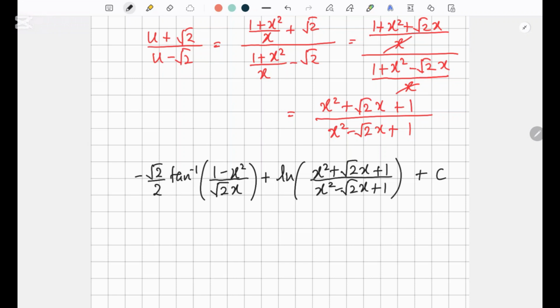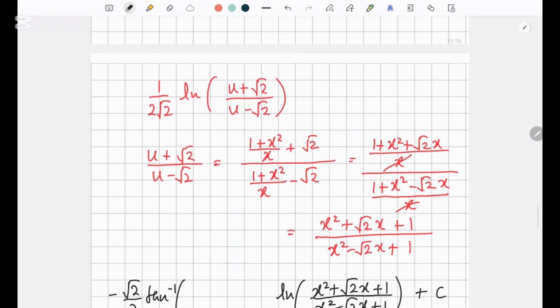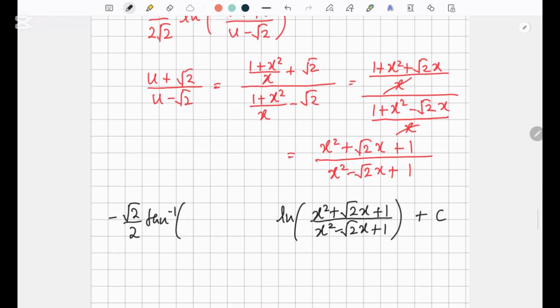Oh, hold on a minute. I think I forgot to write the constant in front of ln. So tan inverse, put it again, (1 minus x squared) over root 2x plus 1 over,